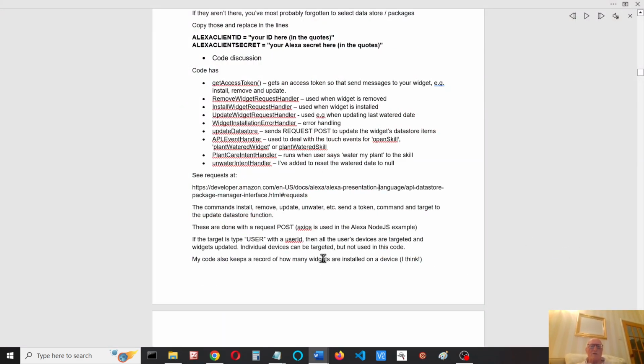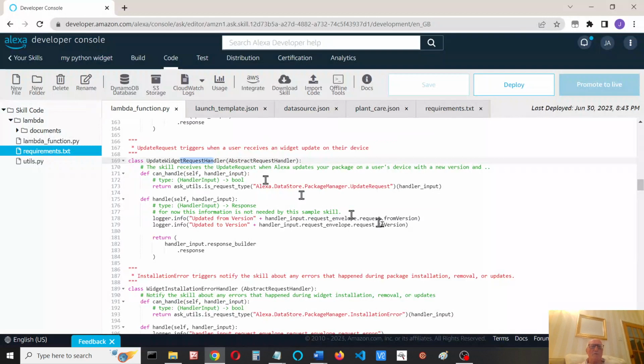Okay, I also think I've changed the code so it keeps a record. Obviously, a user can install the same widget more than once on a device. So I think I keep a record of how many of those I've done. Let's just show you the important bit of code down here, which is the update